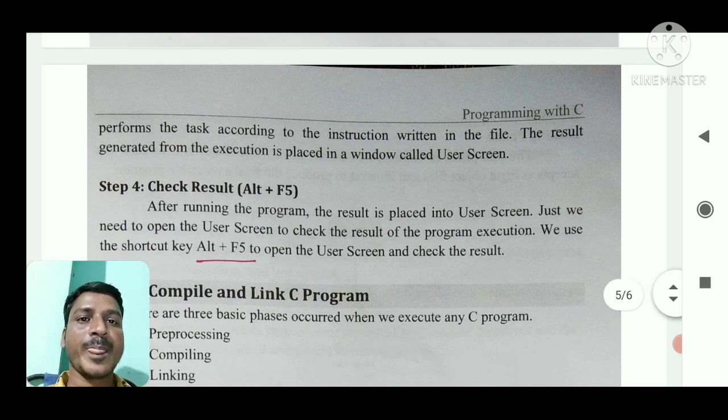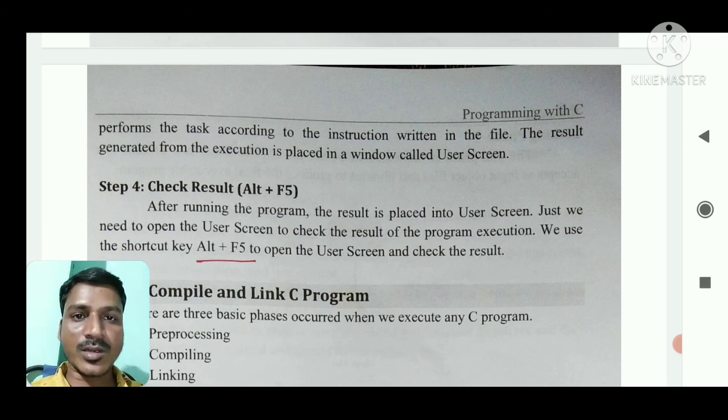Okay. So next, step 4. The first step, creating the source code, is completed, the compilation process, the second step, is completed, and the third step, running the executable file, is completed. Then step 4 is to check the result. The shortcut key is Alt plus F5.